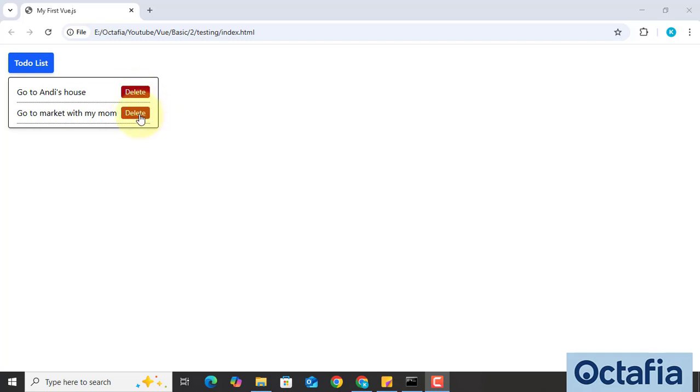We can push one of them like this, and every button for one row. If we push one of the buttons, it can delete every row like this. Okay,